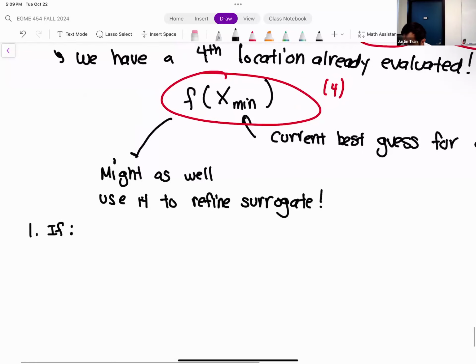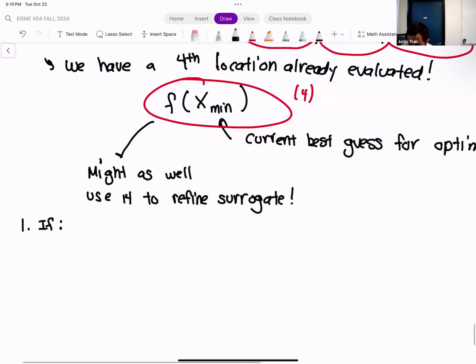You'll notice that all of these are written as if statements, and they're implemented in code as if statements as well. So if x min is greater than t, and f of x min is less than f of t,